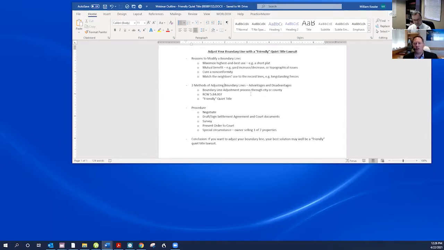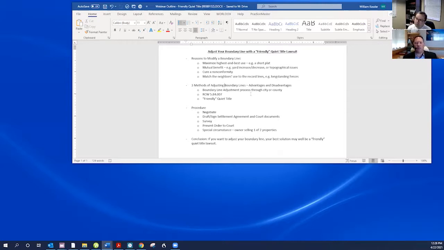It says if you've got a dispute about a boundary line, so you get a survey, you realize that, say, for example, a fence is encroaching or a mow line is encroaching, a shed is encroaching, whatever it is, and you decide to settle that dispute. It gives you a statutory process for getting a record of survey, and so you get your survey work done, and you then adjust the line in theory in whatever way you want.